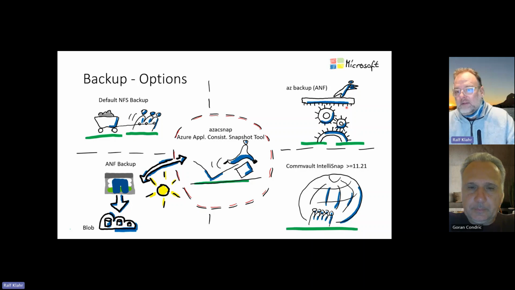The same goes for Commvault or other third-party backup solutions, like Networker and whatever else is out there. Today we talk about ANF Backup, which works together with AZ Snaps, our application-consistent snapshot tool. I think this combination is of big interest for today.